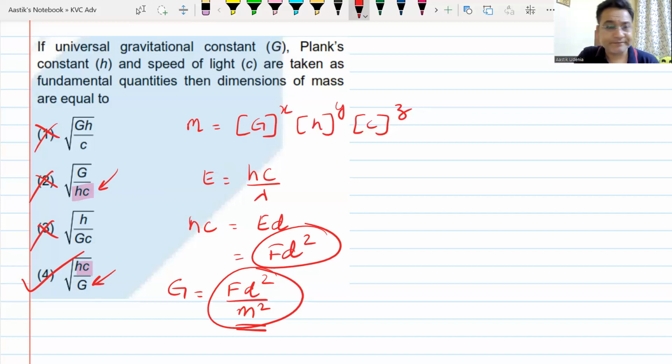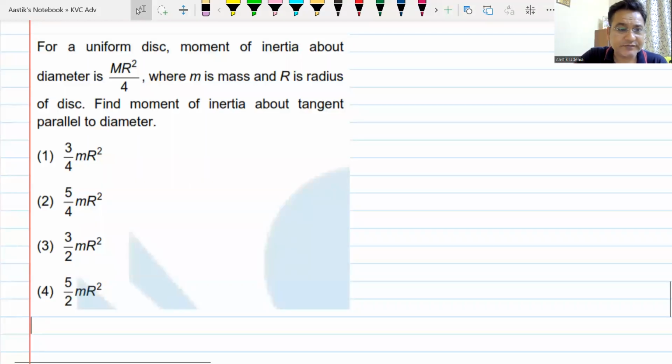Next one is this one. For a uniform disk, moment of inertia about the diameter is mR²/4. And something is to be found out. This is a straightforward question, and the answer to this one is